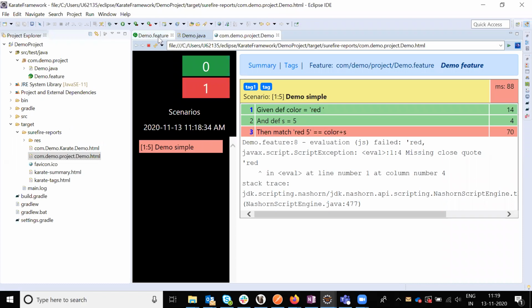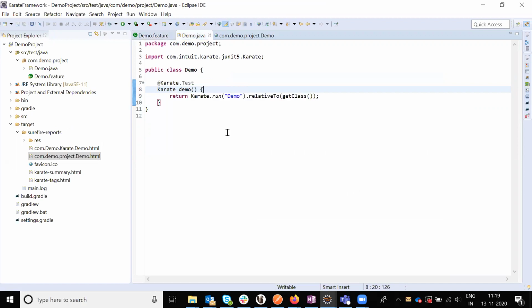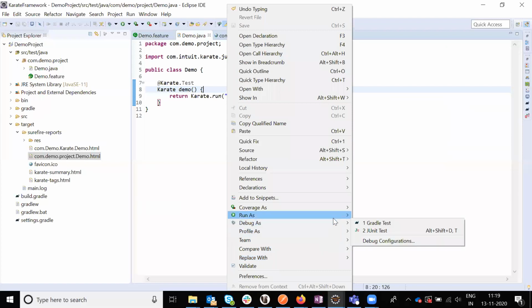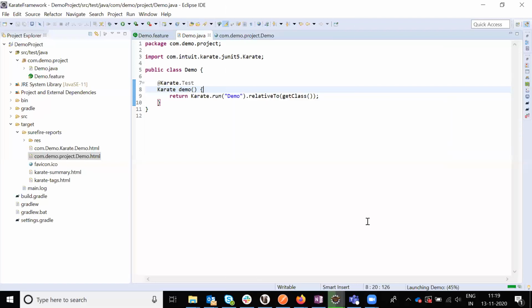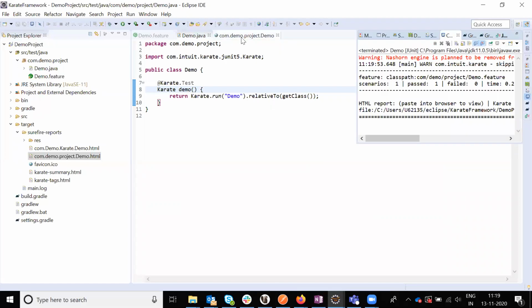If you see here, now the method we are going to call equal to class. We can run it and see, now the pass condition is there.